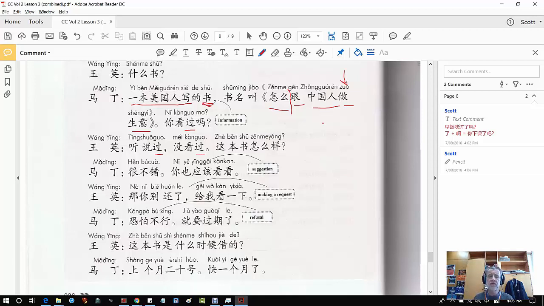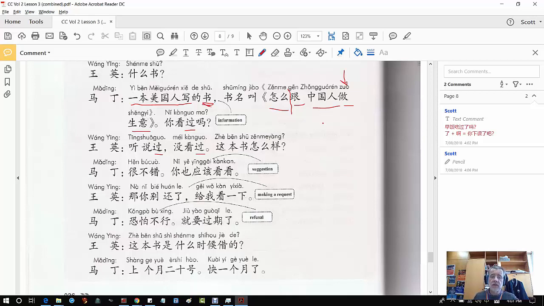On that one, be really careful, because it's possible we could give you the English of that in a test and say, how do I say I've never read this book before? And you might say, well, gosh, we've never learned never. But that's how we say it in Chinese. 没看过. So it's 没 plus verb plus 过, meaning never perform that action.